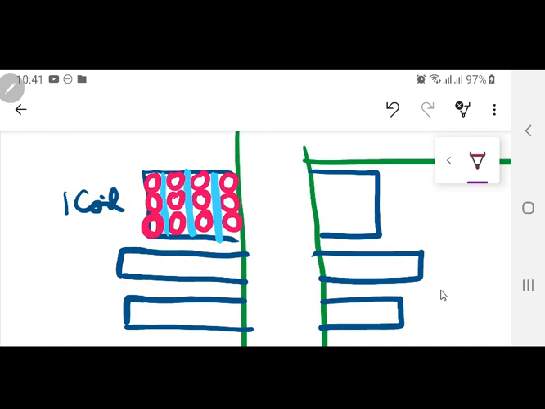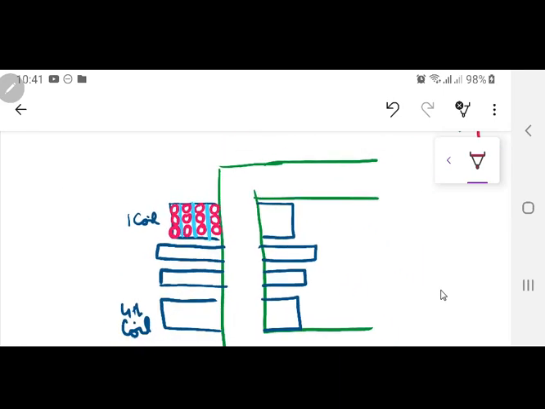Now, for mechanical stability, it is better that it has larger length and less radius, because then you are making it more compact. But increasing the length has a factor. When I am increasing the length, I am increasing the window height. And when I am increasing the window height, the overall size of the transformer is increasing, the core losses will increase, the amount of oil will increase, the amount of iron which I am going to use for the tank and all that stuff is going to increase. So this is totally a design perspective how you are going to do it.